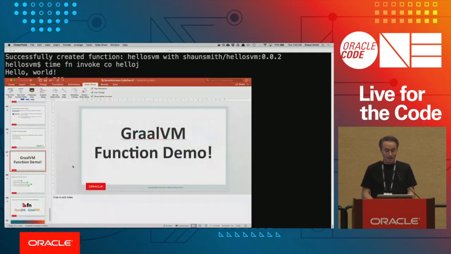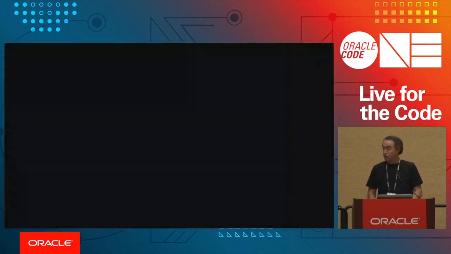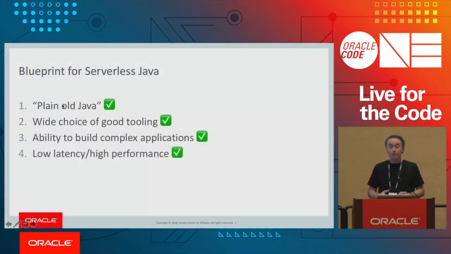Okay, so we're almost out of time. So let's go back to here and finish up. So we're back. Okay, so we basically covered the bases, right? Given the developments in the Java space, Java is a really good language for doing functions in. We know it. If you already know it, great. You can use your favorite tools. The support for deploying these apps, anything on the JVM, will run for example on Fn with Java. And with things like Graal, we're getting to the point where we can build very small targeted executables that really are suitable for this space.